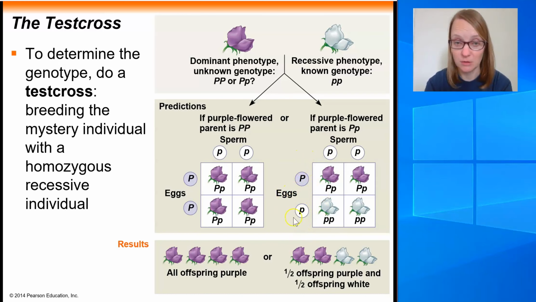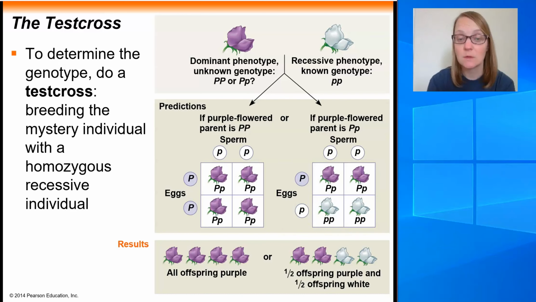So here, when you cross that heterozygote to the homozygous recessive white flower, and you do your Punnett square, you'll notice that 50% of the flowers will come out white and 50% will come out purple, because 50% of the gametes from the purple flower have the dominant allele to create the 50% purple flowers, and then 50% of the gametes from the original purple parent get the recessive allele,